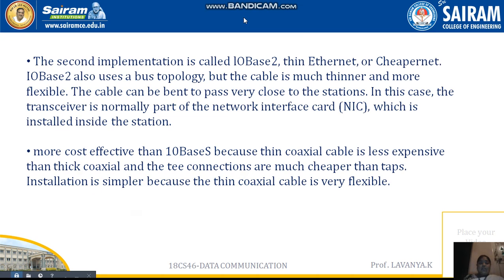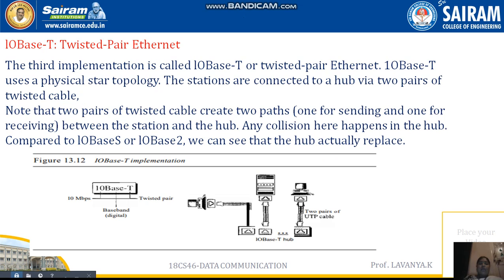So this is the explanation of that. Then what is 10BaseT? 10BaseT uses twisted pair Ethernet. Look at this diagram, this is the twisted pair Ethernet. Here the data transmission takes place through the hub only. The hub is a centralized device, and through that hub only we take care of the transactions. Without the hub, the device is not activated.